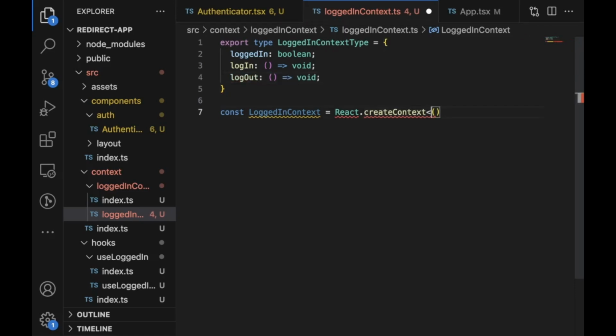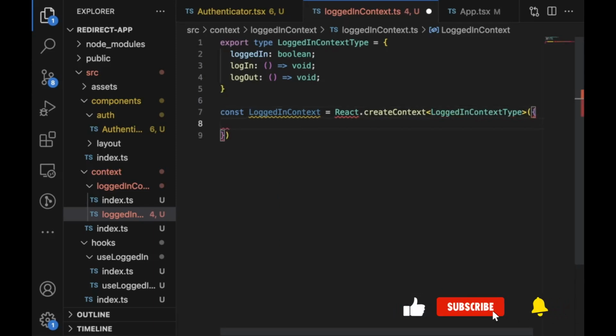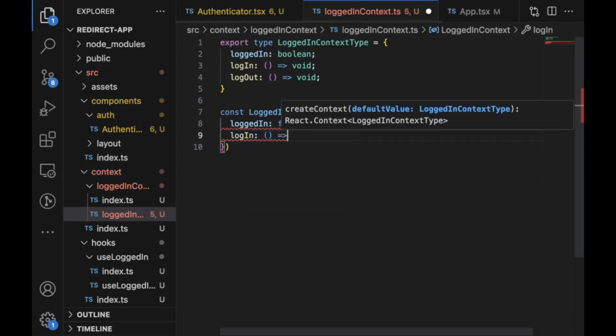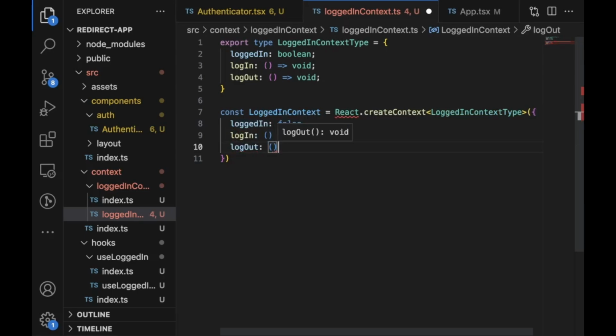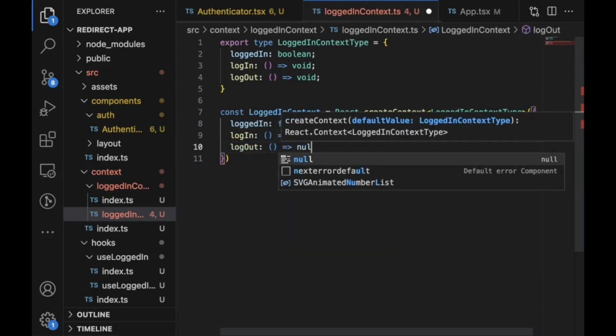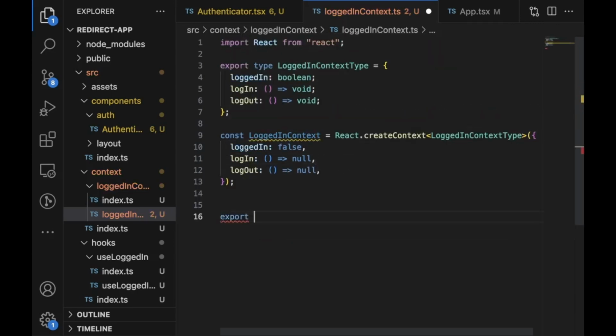We can now pass this as generic. And finally, we can set an initial value. So for logged in to be false, login to be a function that returns nothing, logout to be a function that returns nothing. You can import React, export default